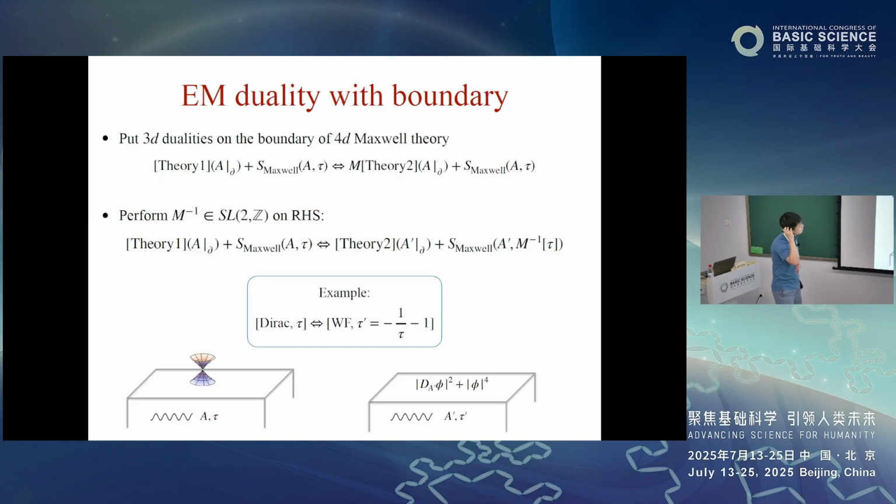It turns out if you combine these two stories, what that gives you is an EM duality, essentially a bunch of SL2Z dualities of U1 Maxwell theory, but with a boundary, with some critical theory on the boundary. In particular, what I mean is this. Suppose the dual theories we consider don't live purely in 2 plus 1 dimensions, but instead live on the boundary of some 4D bulk.